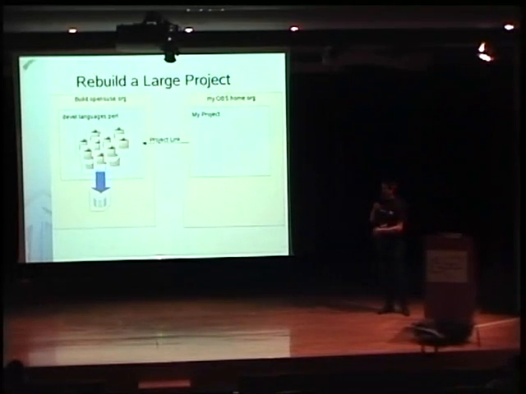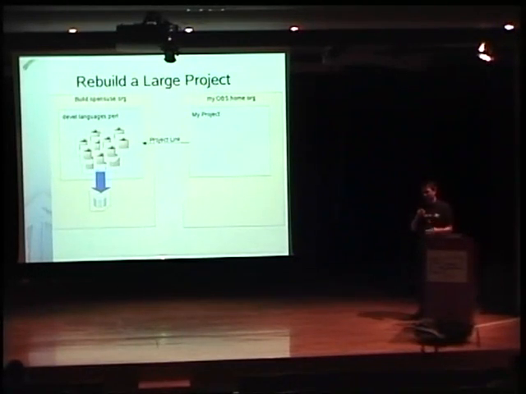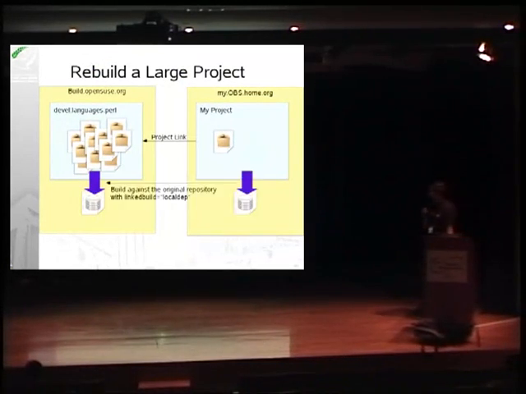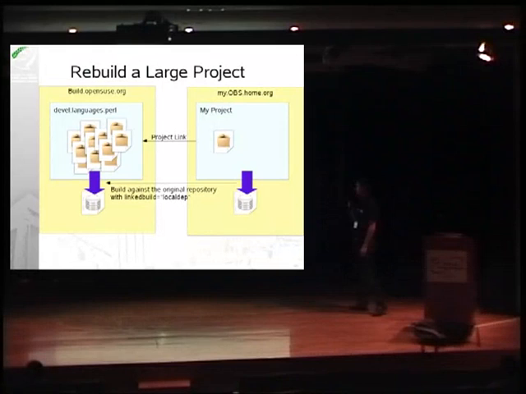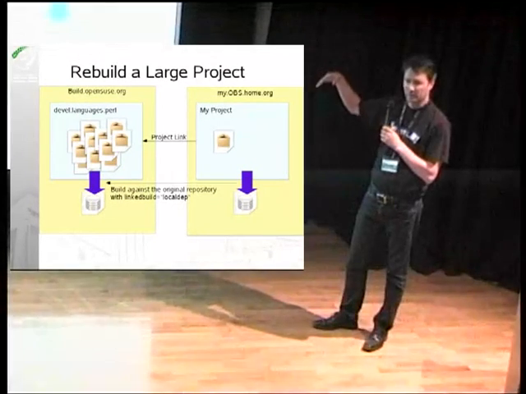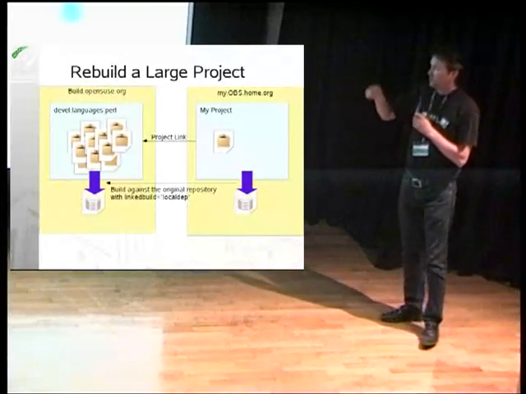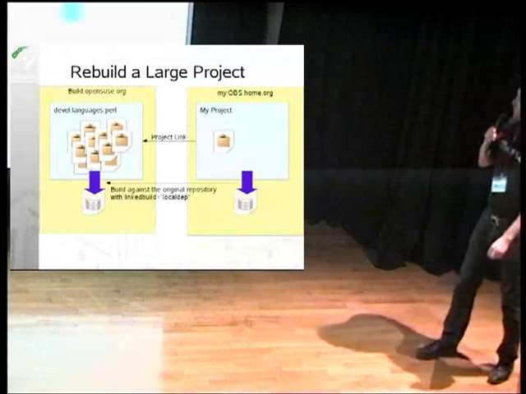So you have your own local instance. Say, I want to have all sources from this other project without the need to copy it manually. So it's just one line in XML to define this. Then you add your package there. And say, rebuild it with this special parameter linkbuild=localdep. So if you are lucky and you edit a package which influences no other packages, you just get one build result. Everything is fast and easy and fine. If you are unlucky and everything needs to be rebuilt, you will notice as well.